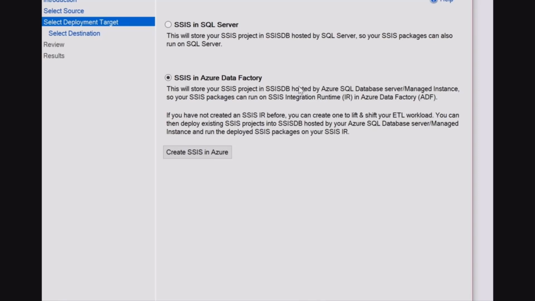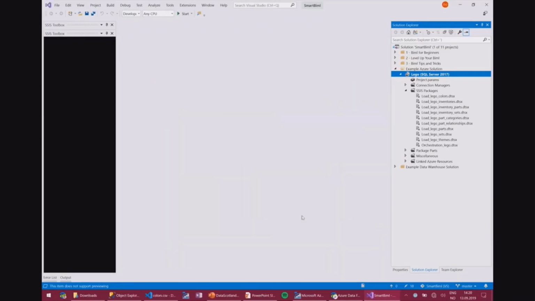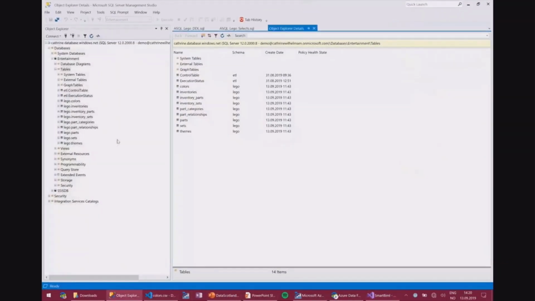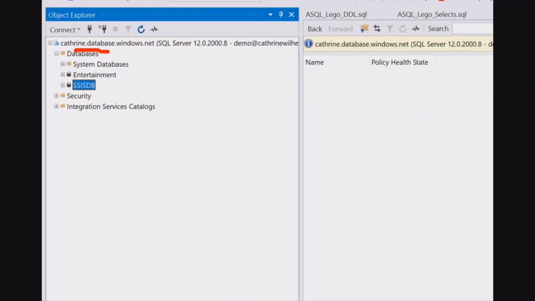And once I have that inside of, for example, SSMS, if I switch over to that, I have my SSISDB right here. This is just an Azure database that I have. And then I also have the Integration Services catalog. Now this is unavailable right now because I haven't started my integration runtime. I have to start that to be able to deploy my packages, to see those packages and to execute those packages.